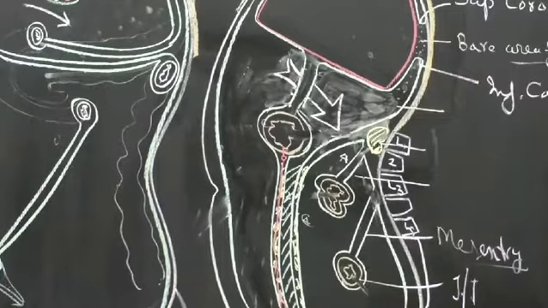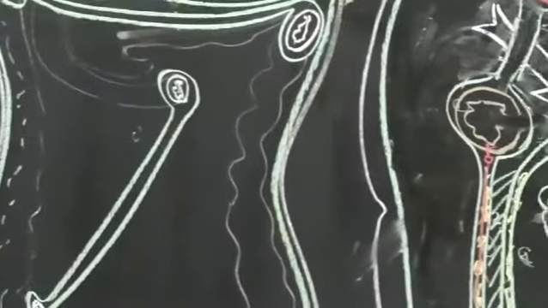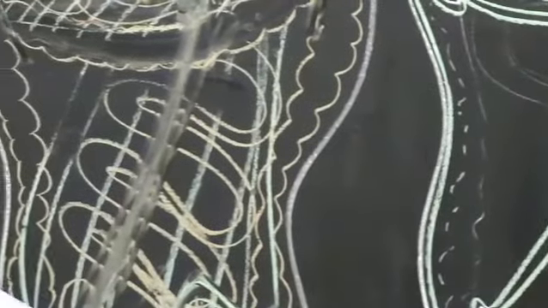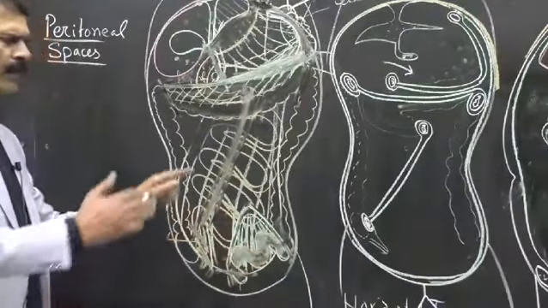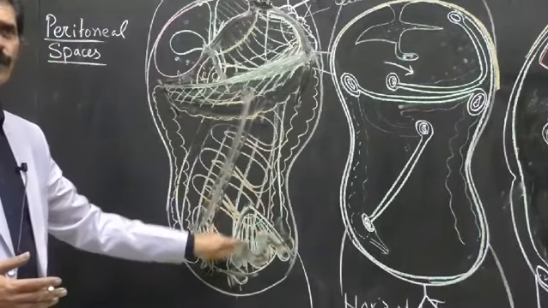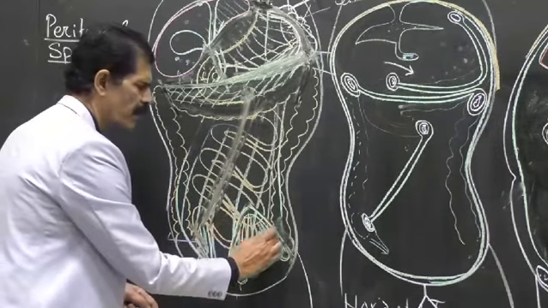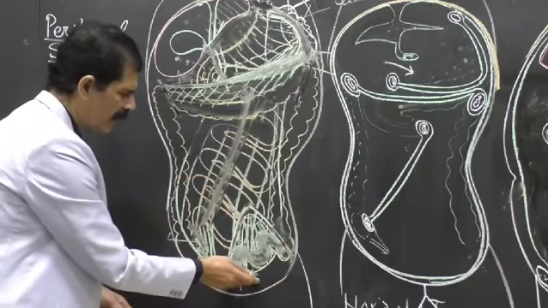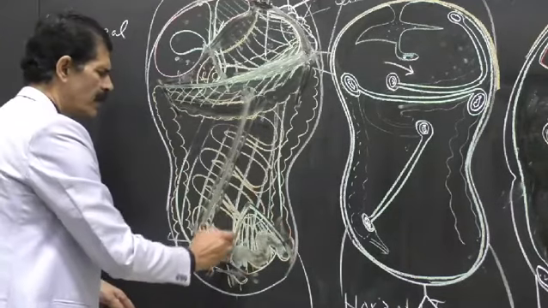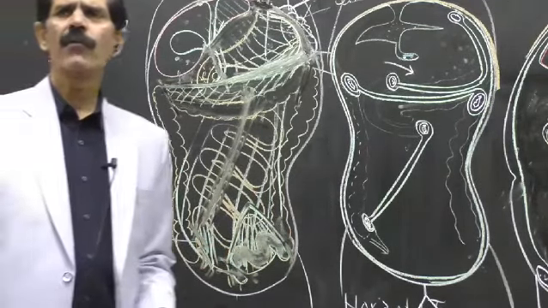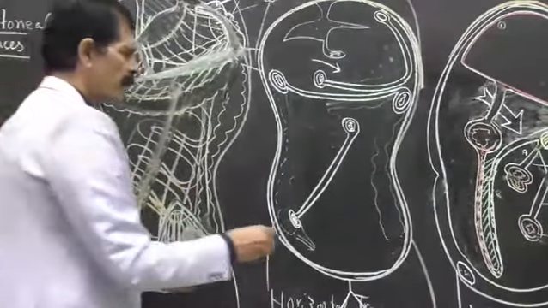Then we have to remove the S-shaped sigmoid colon. And sigmoid colon is also suspended from the posterior abdominal wall with the help of sigmoid mesocolon. What was the shape? Inverted V shape. So if we want to remove the sigmoid colon, first cut is with the descending colon, second cut with the rectum, third cut is the root of the inverted V shape sigmoid mesocolon, then sigmoid colon is also in the tray. And what is the diagram after it? Left.